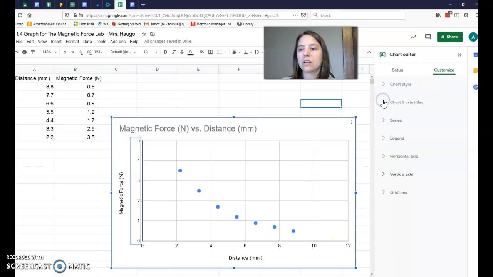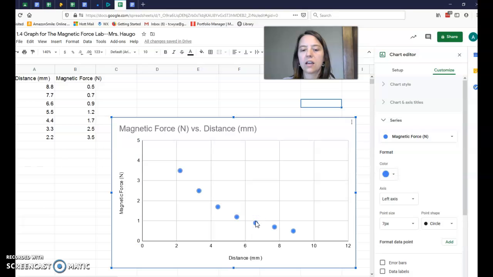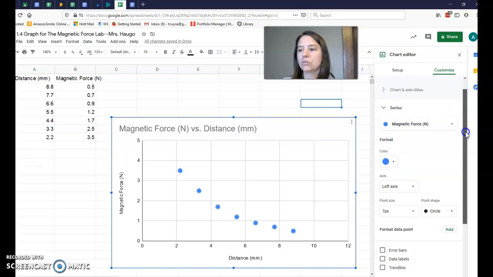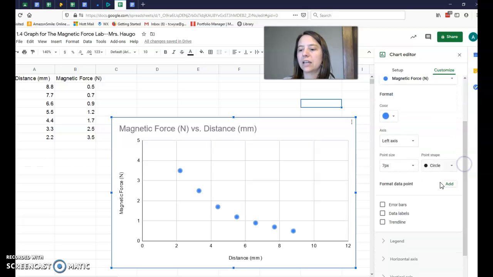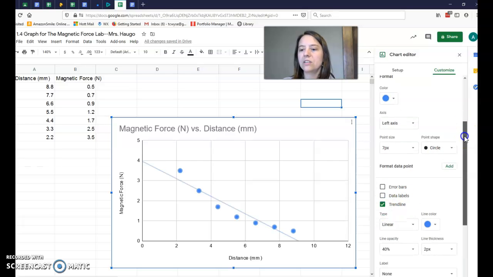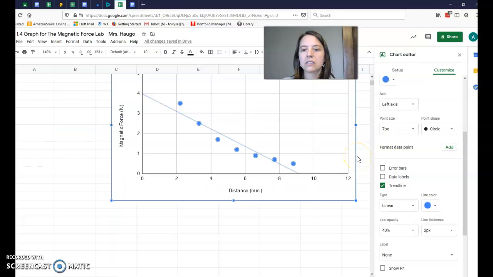Next up, I want to go to series. I can either click here or I can click on one of the data points and they'll highlight in blue, and then this part will pop up. I'm going to use the right scroll bar and scroll down a little bit until I can see trend line, and I'm going to click on that. As you can see, it makes a